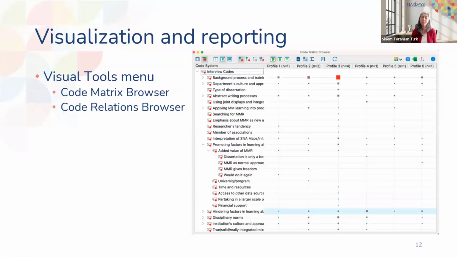Visualization and reporting is also super important in mixed methods research projects, as we use visual tools that are called joint displays, which can be in different forms, such as figures, tables, and other forms of visuals. One of the visual tools that might facilitate this process is Code Relations Browser or Code Matrix Browser. They both are super helpful,